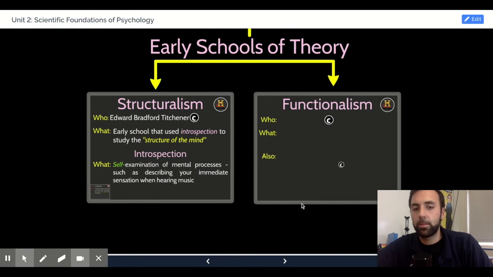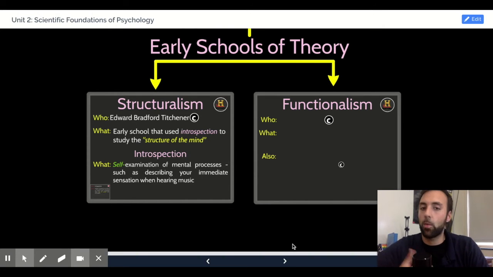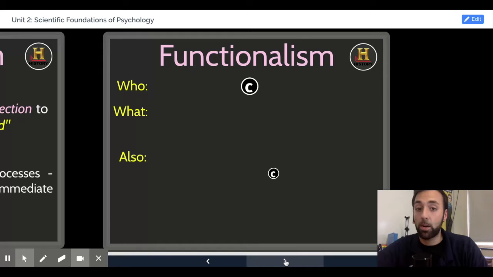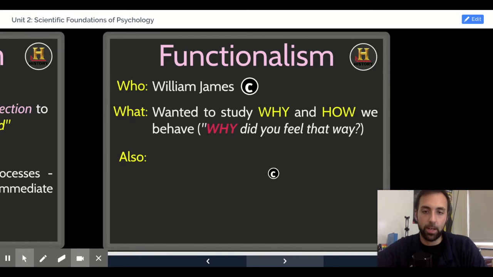Opposing structuralism is what we call functionalism. It's the second early school of psychology, and again, it's not one that has much of an important modern application, but nevertheless, in order to understand the history of early psychology, it's important to differentiate these two. Functionalism gets a history of psychology icon in the top right corner, and William James, the founder of functionalism, gets